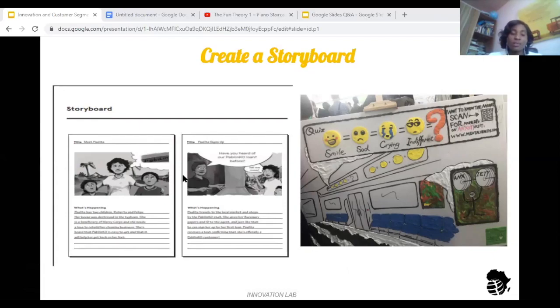It could be a sketch. You don't have to be an artist to do this. If you have an artist, fine. And then you tell a story of how that works. If you see this picture to my right, you see some images of a smiley face, sad face, crying face. This board was designed to...